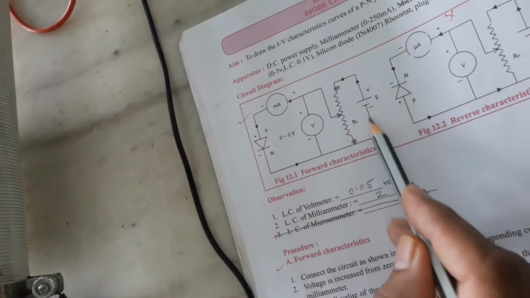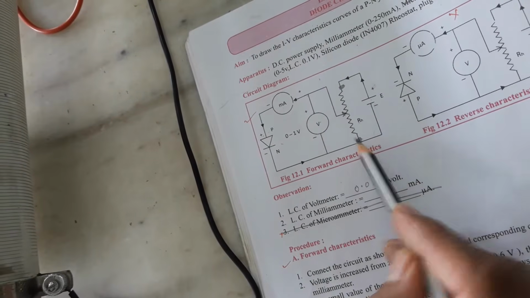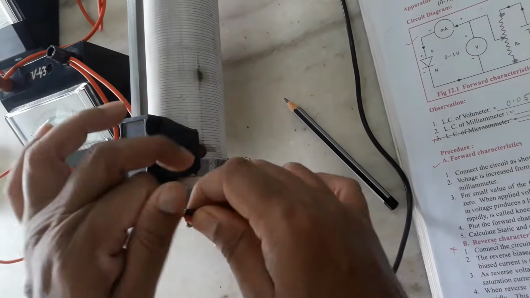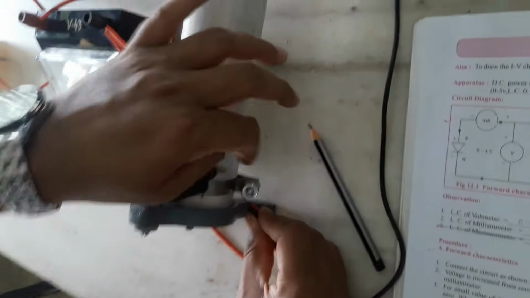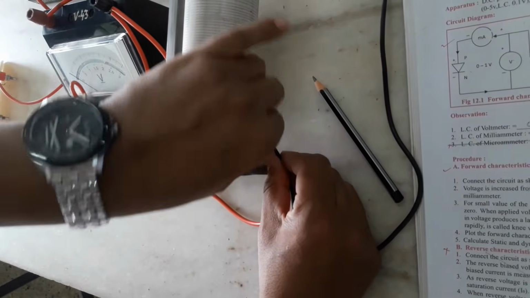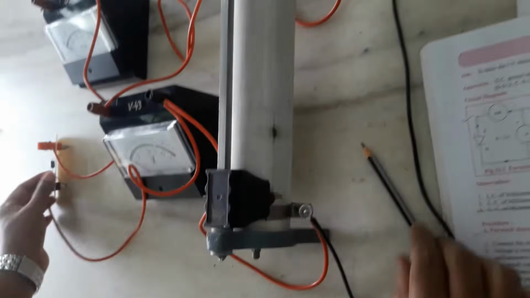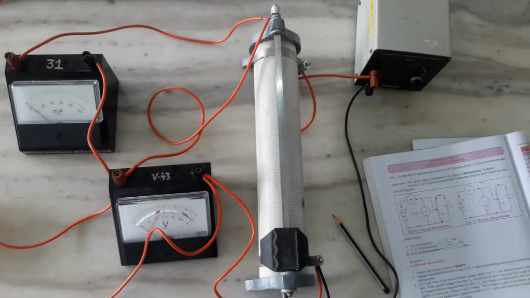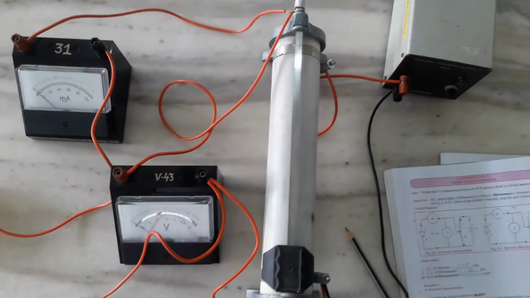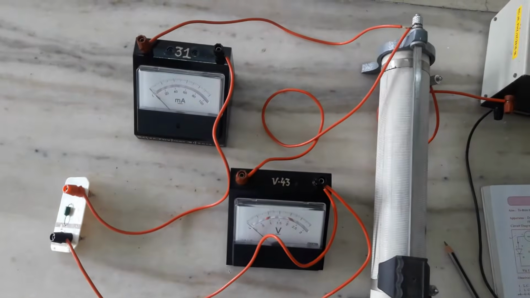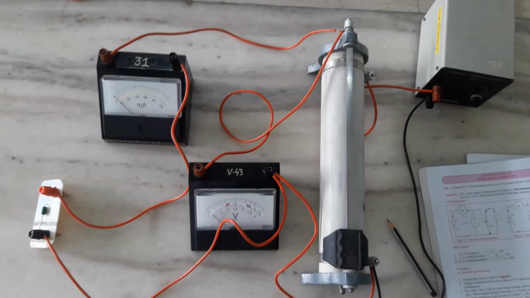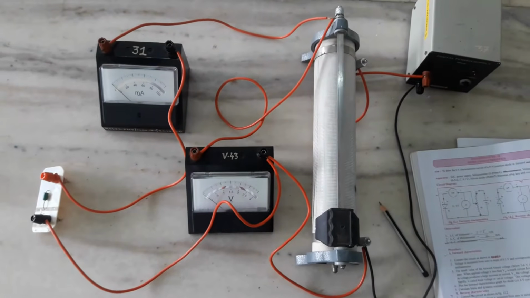Where do we have the negative of the battery? This we already connected, so we have to connect here now. You see, we will take it out from here. We'll join these two wires together and place them like this. Fit the screw. So this completes my circuit diagram. If you see the circuit diagram properly again: battery, then rheostat, milliammeter, voltmeter and PN junction diode. This is a simple circuit diagram, right?